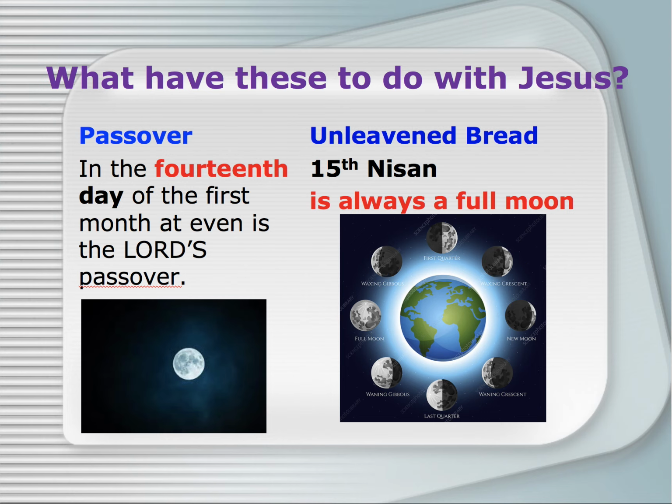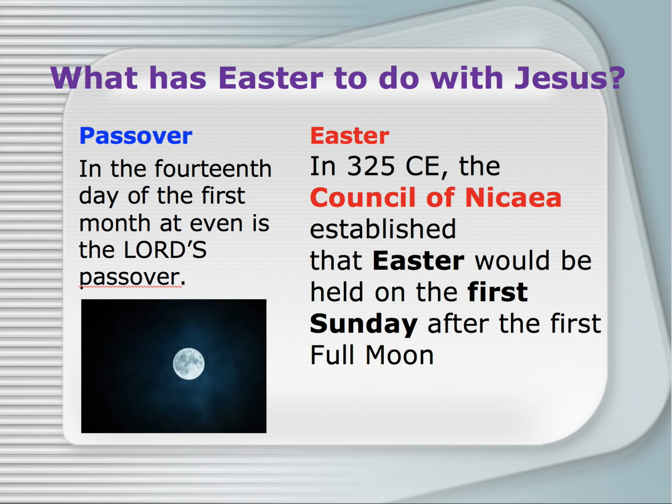follows Passover. And because there are 14 and a half days approximately, the 15th day of the month is always a full moon. The 15th day of any month is always a full moon, since just over 29 and a half days in a month, half of that 14 and a half. So on the 15th day is always when the full moon takes place on the lunar calendar.